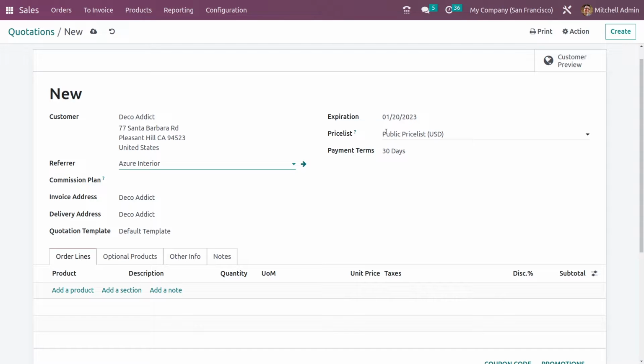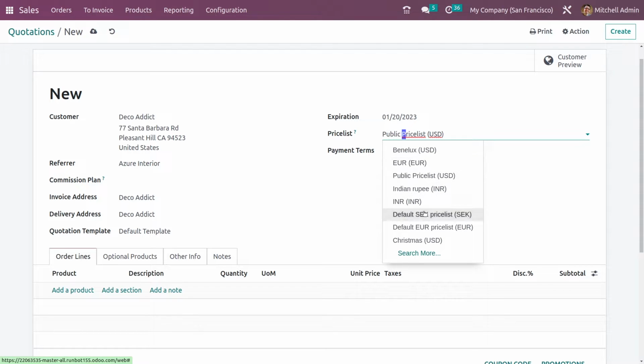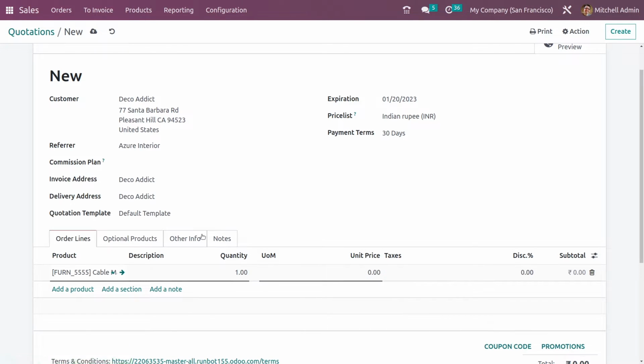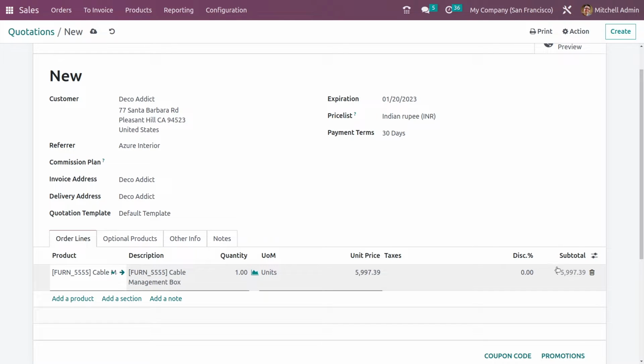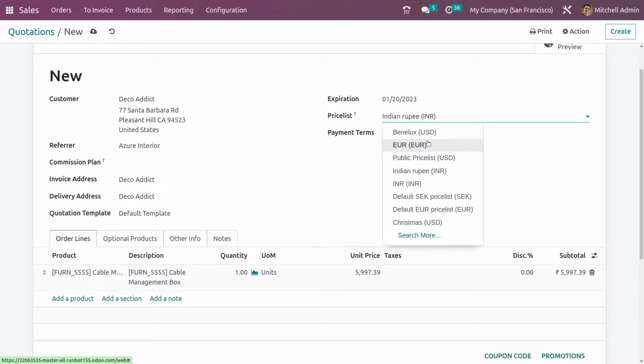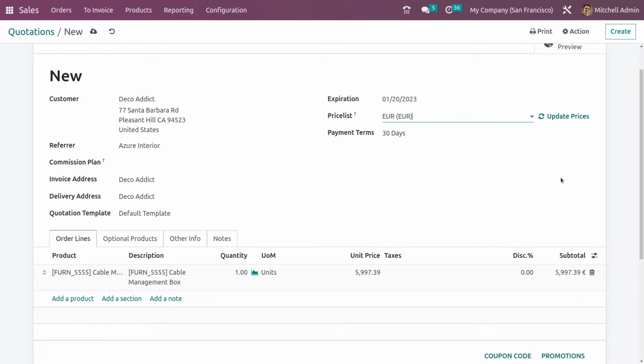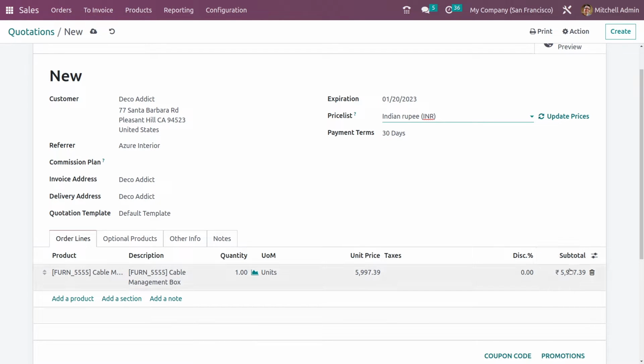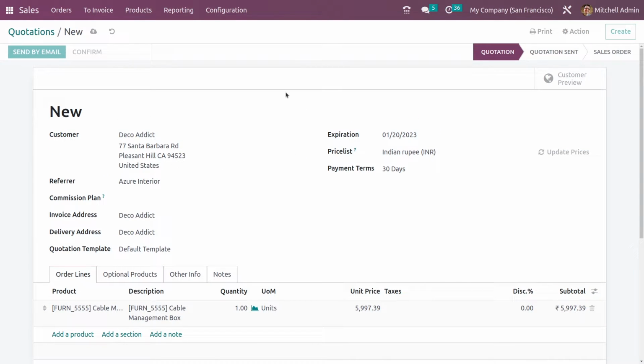And you also have the field to add the price list. So let me add the price list which I have created, that is Indian rupee, and let me add the product to the order line. So after adding the product, as you can see, the subtotal is shown in Indian rupee, and if you change this to the other price list, you can see the currency of the subtotal is changed because the currency inside this price list is different. So let me choose the price list INR, and you can see this subtotal is shown in INR, that is Indian rupees. So after that, let me confirm it,